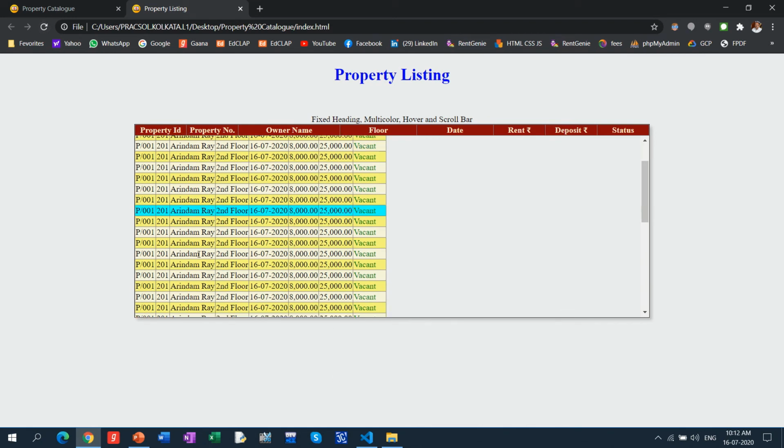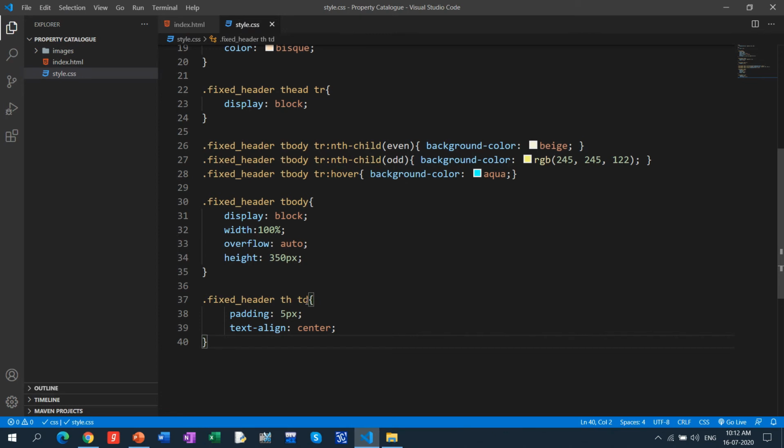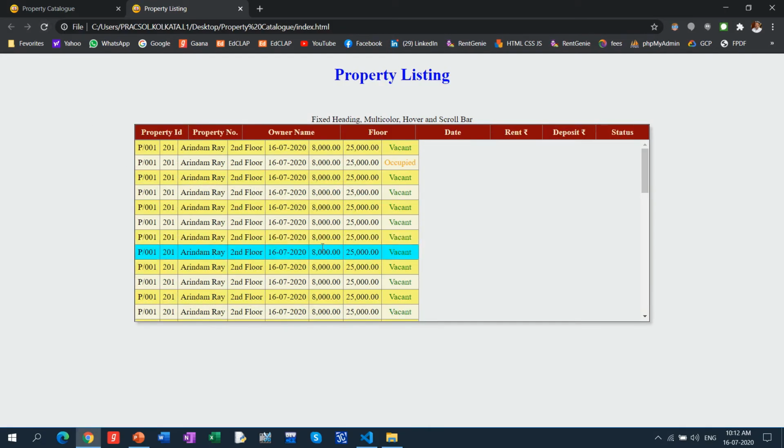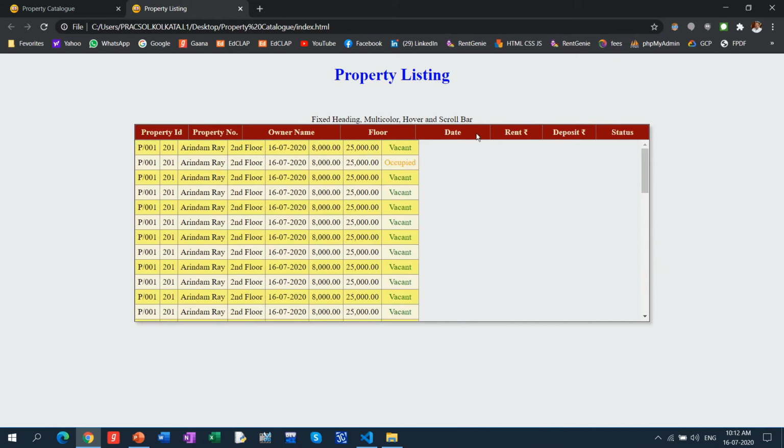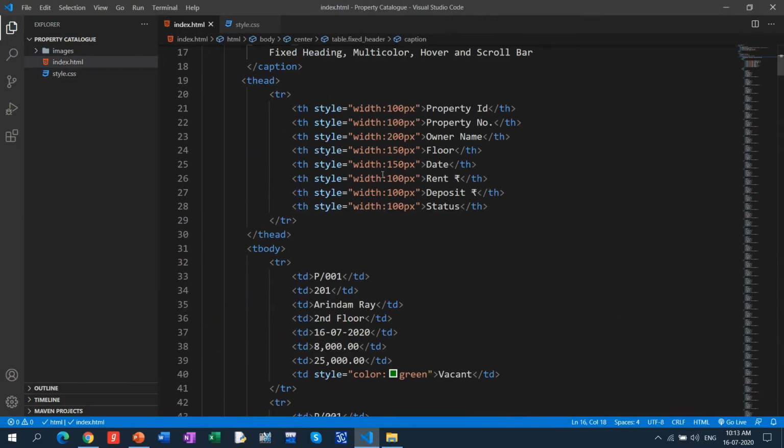What happened? It has not yet come. Oh, I have to put a comma here, right? Okay, let me see, the gap has come down. Fine. So the gap is there, the 5 px, fine. And that formatting I did, I just missed out over there, that column has been formatted very nicely, perfectly, right? So it has been done perfectly, and this heading and all these things I made here only.